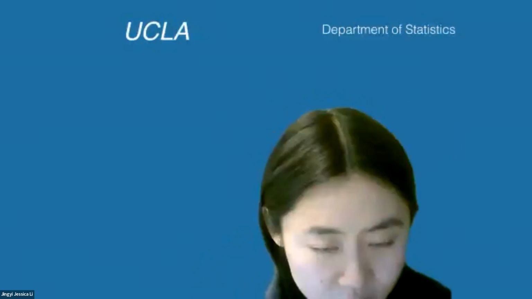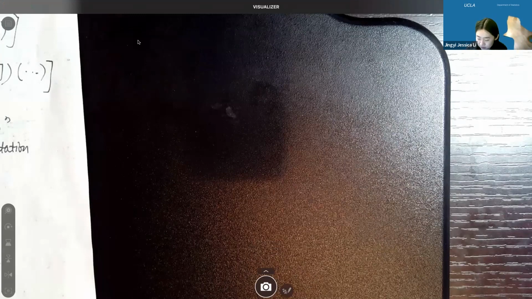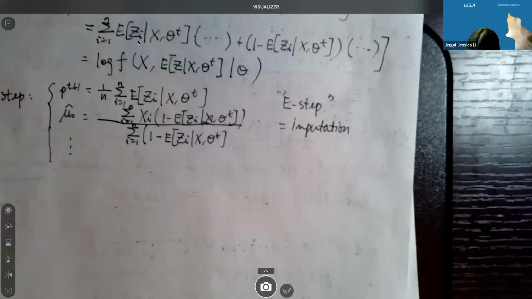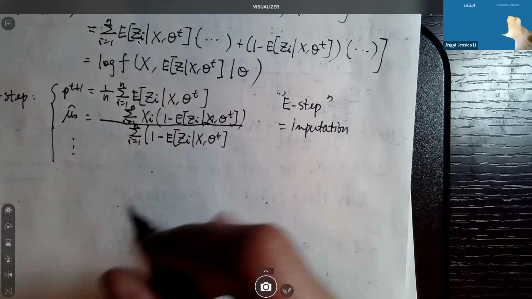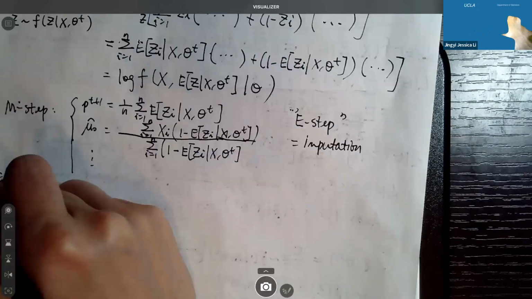Okay, so I will continue my discussion on the EM algorithm. To wrap up what I said and to clarify the message I had in the last lecture: basically, the EM algorithm is a general approach for handling the cases. Maybe let me just write it again. So the EM algorithm is just a general approach